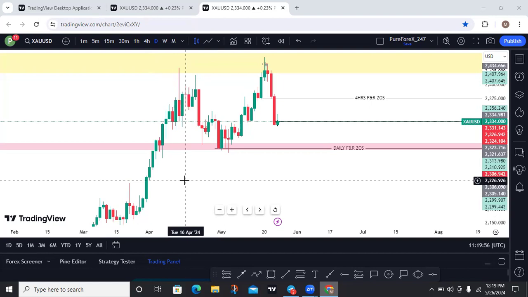So the difference between gold and other pairs, other currency pairs, mostly GPB pairs, when it comes to Bastra concepts, is that gold hardly creates fantastic five on the higher time frame. So it is on the lower time frame, smaller time frame like M15, M30, M5, and even M1 that gold mostly produces fantastic five.